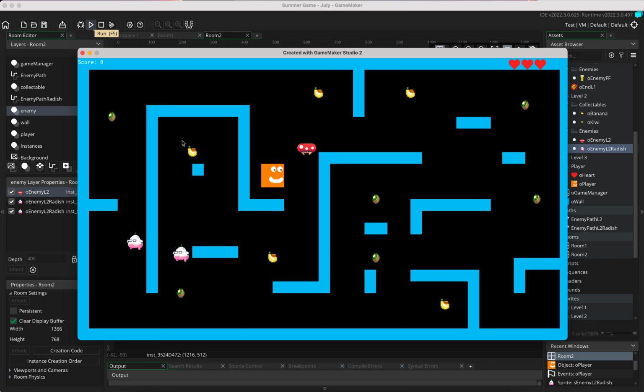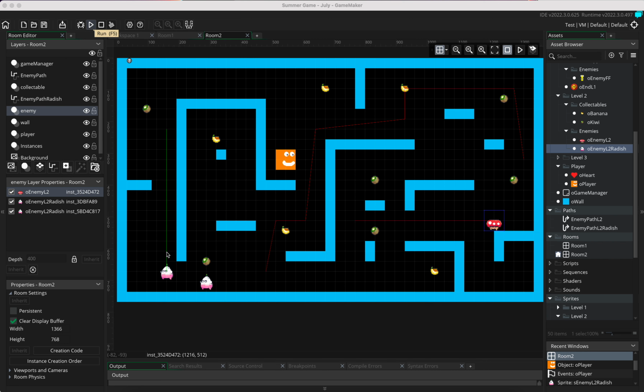Now, it'll always be at that sort of level, so it'll be sort of almost in line or in sync with this one, but this does help us. So if we were to make a path which went up and around, and you had that on both sides, you could basically make one path and then both enemies could follow it. So if I add in another radish over here as an example, that's a mistake. I shouldn't have dragged that one out. Sorry, my fault. So if I drag another radish in here as an example,